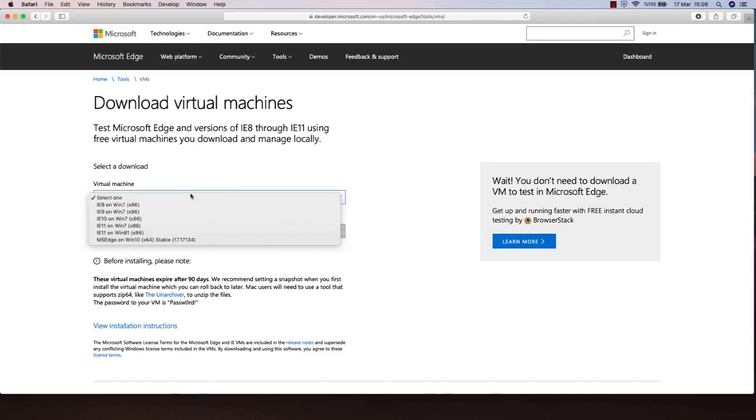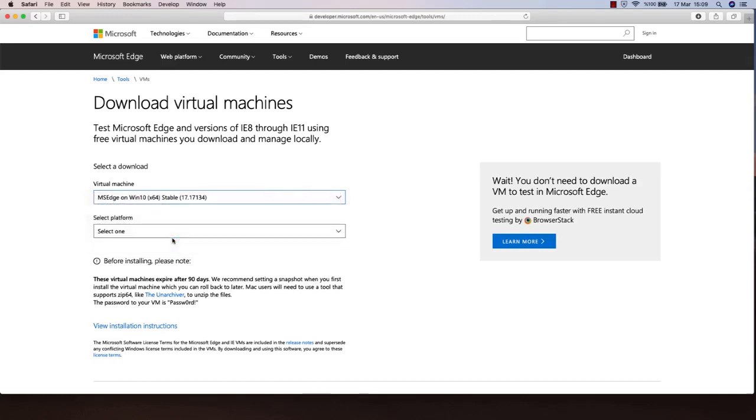So I'm going to select MS Edge Win 10. I'm going to work with Windows 10, and it really doesn't matter. Some people ask if they can work with Windows 7 or Windows 8. Yes, you can, because we're going to use this as a victim machine. As I said before, it really doesn't matter as long as it's a Windows,